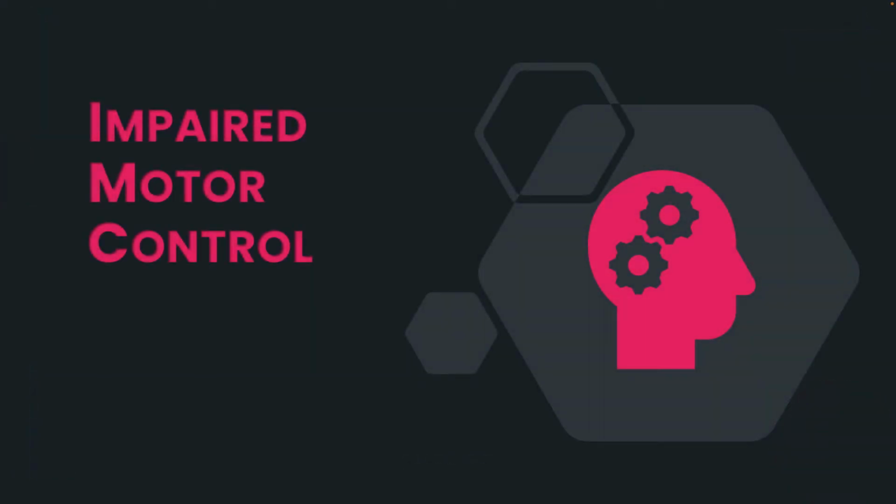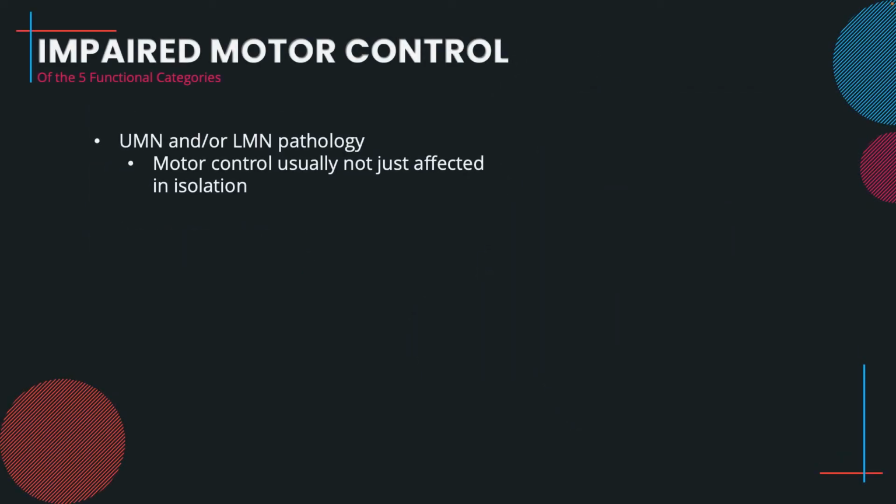So now we'll talk about impaired motor control. Motor control usually isn't just affected in isolation. It usually has to do with an upper motor neuron or a lower motor neuron pathology. You remember upper motor neuron syndromes usually result in motor control deficits in addition to weakness, elevated muscle tone, and sensory dysfunction. You might see these in people with a traumatic brain injury, a stroke, MS, a spinal cord injury,